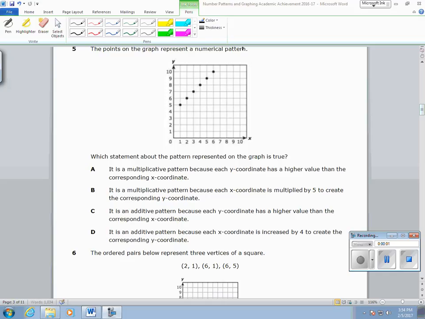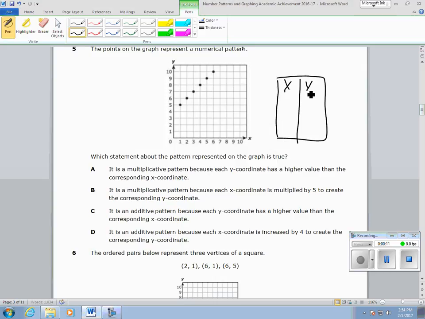Question 5. The points on the graph represent a numerical pattern. So if you look at the pattern, literally if you draw your table, it's a lot easier to see the pattern once you've labeled your ordered pairs. So you have 1 and 5, 2 and 6, 3 and 7,